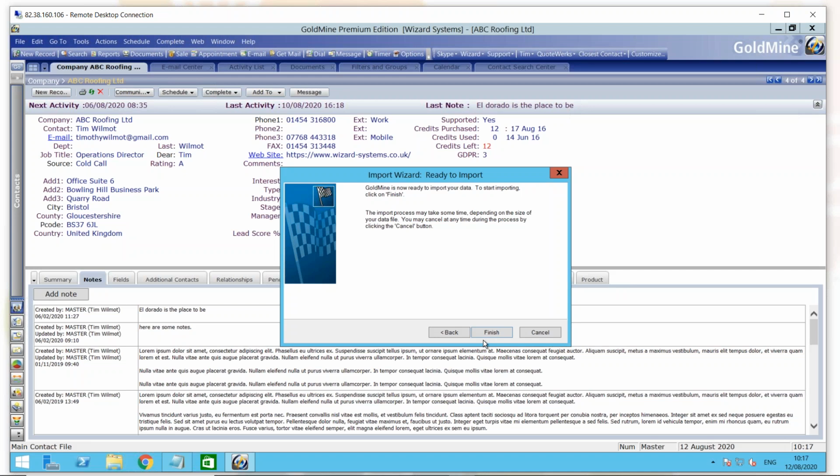A simple overview of importing from Excel via a CSV format, a comma separated value format, and thinking about the data preparation first, getting your data right, making sure that the columns look right, that all of the data is of the correct format. So typically, for example, you might find that if you've got a phone number column, sometimes that might be interpreted with loads of numbers in there and no dashes or brackets. The Excel system could interpret that as a numeric field. So you want to make sure that you're creating that as a text column in Excel. That will certainly help you with the correct formatting